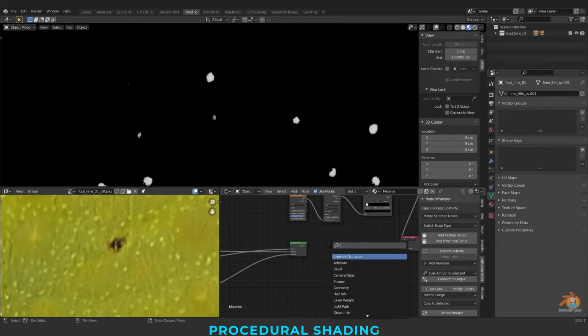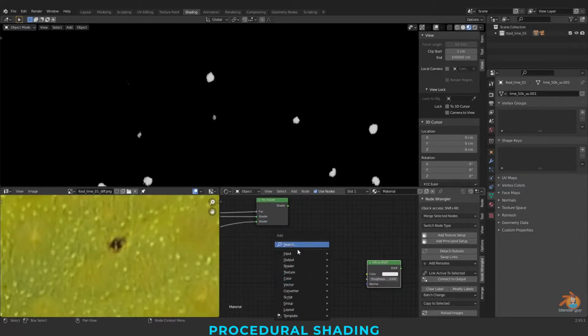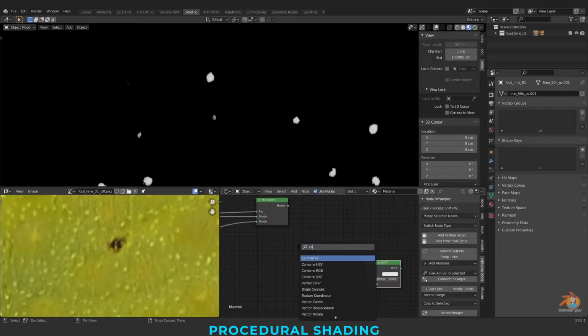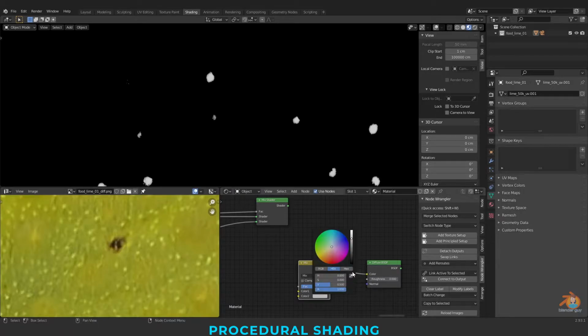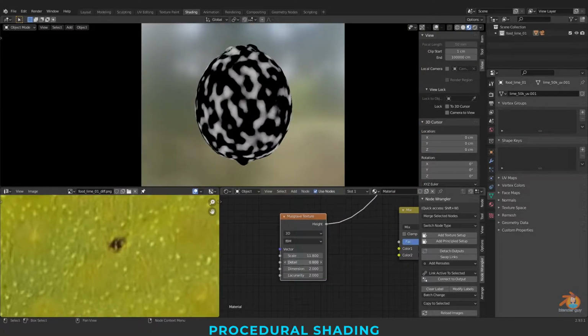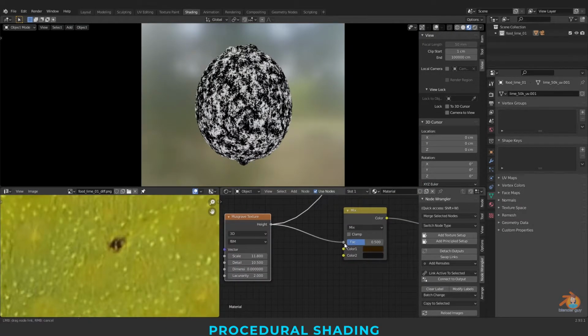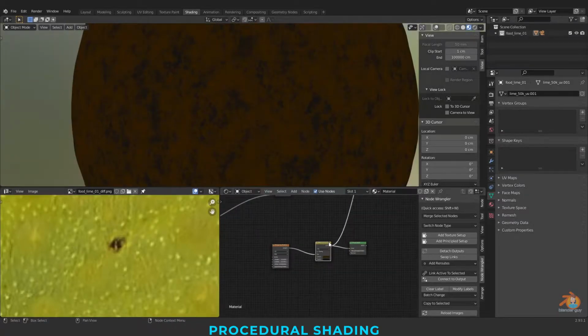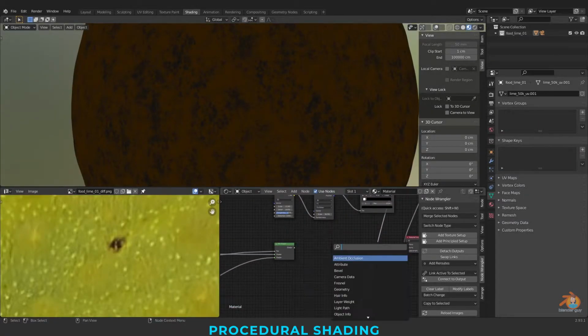Now taking a diffuse BSDF, mix RGB, creating this and blending this both.